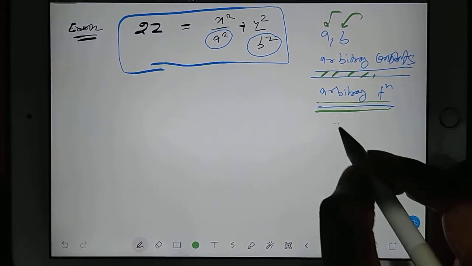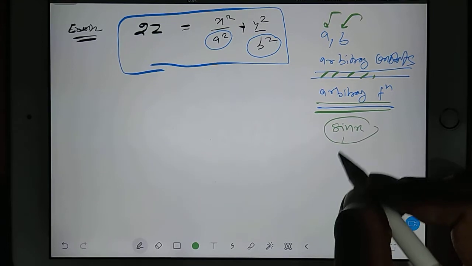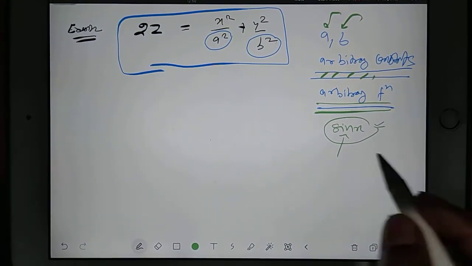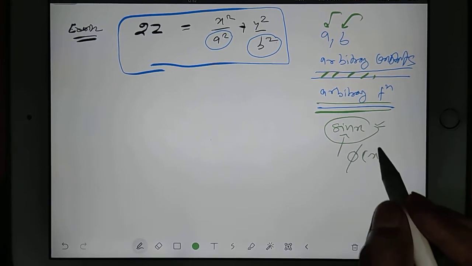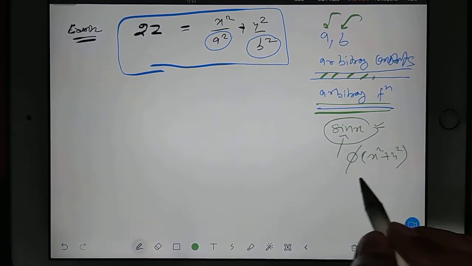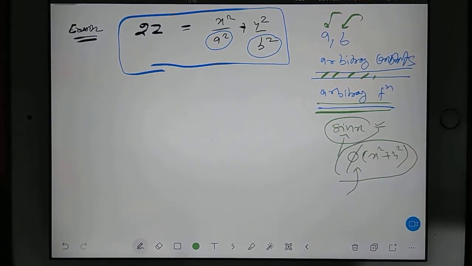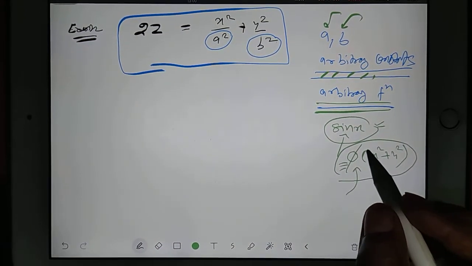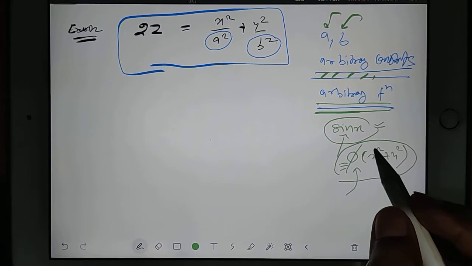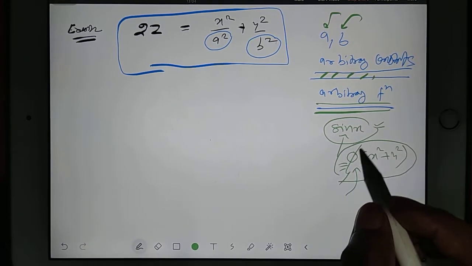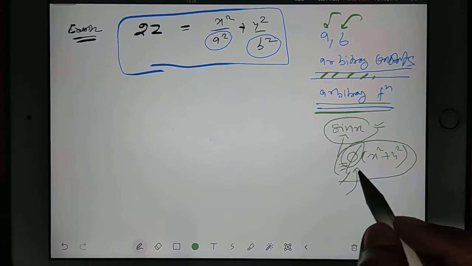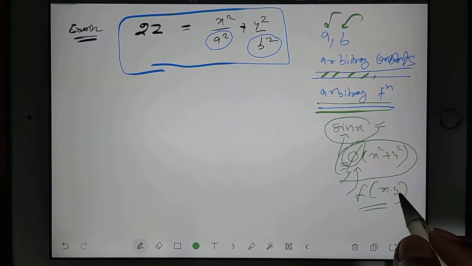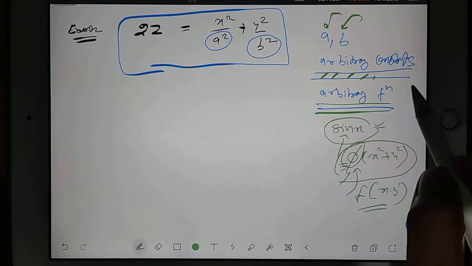See, there is one function called sin x. It means it is a defined function, a trigonometric function, which is properly defined. But suppose I simply write phi of x square plus y square. Right now this phi is not a defined function, correct? We are not sure whether it is log or e power x or sine, we are not sure. So these kinds of functions, like simply I write phi, or simply I write f of x into y, are also known as arbitrary functions.